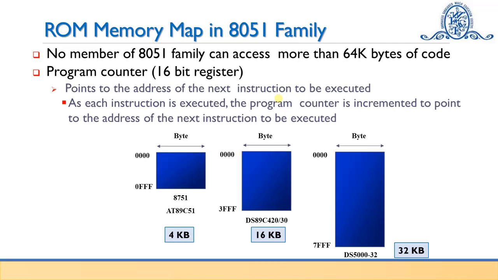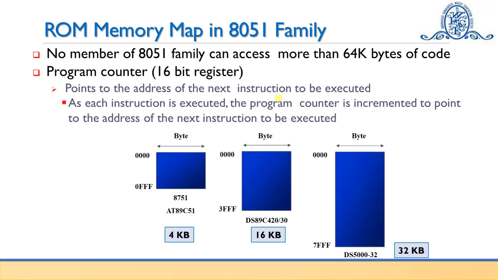So only two ports are left for I/O operations in case of 8031. This is the memory map of the program memory, or the ROM, in case of the 8051 family. No member of the 8051 family can access more than 64 kilobytes of code. The program counter is of 16 bits, and it points to the address of the next instruction to be executed. That is the function of the program counter. As each instruction is executed, the program counter gets incremented to point to the address of the next